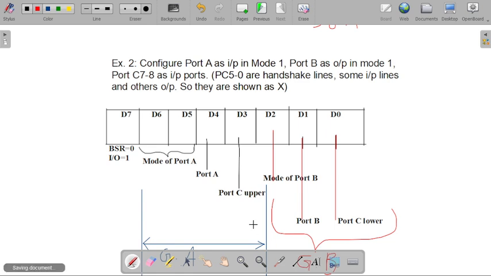So here you can check in our example that it is given as the input-output mode. For setting the operation of our control word format in input-output mode, we are writing here 1. Now the next bits are D5 and D6, which will be used for setting the modes of our port A structure. So in this example, what is given? Port A will be set as the input in mode 1 of our operation. In case of port A, whenever it is a group 0 and our mode 0,